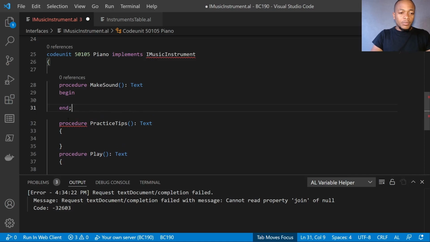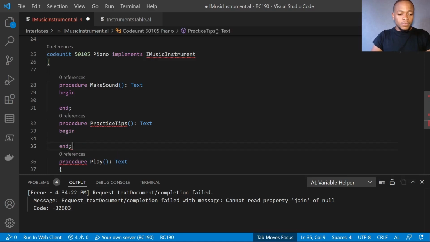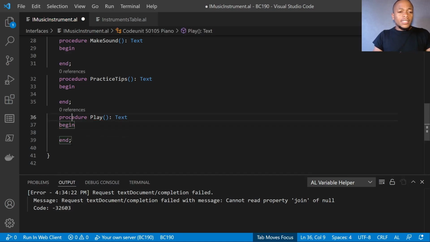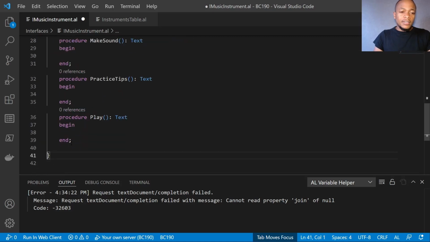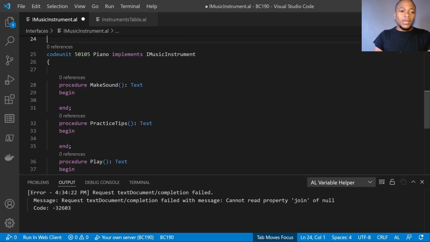With the curly braces, so it's begin and end. Okay, so that's how we do it, and the code unit will detect that we are okay. We can now use the interface. We'll make our sound, practice, and play. If I change this to maybe Boolean,